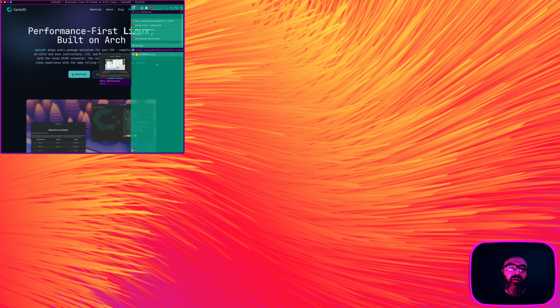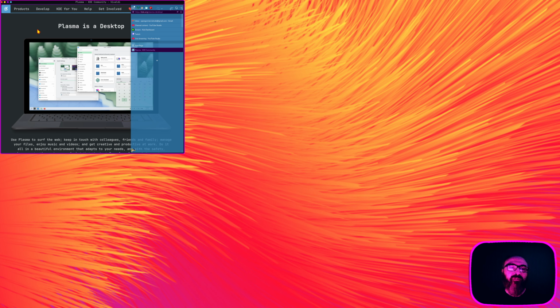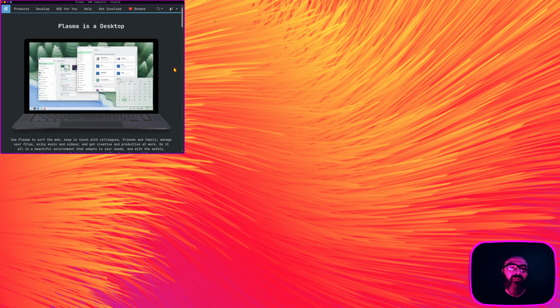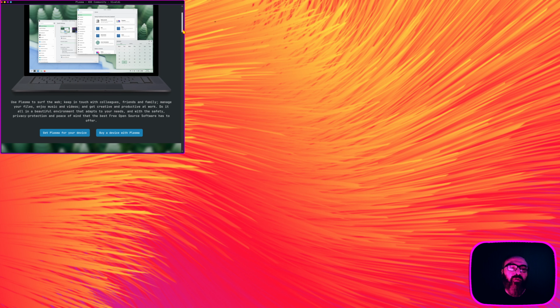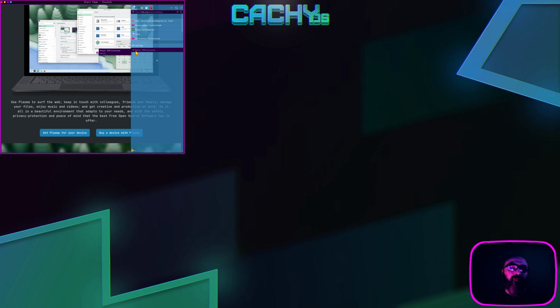And then the official website for Plasma is this one. Plasma is a desktop. Use Plasma to surf the web, keep in touch with colleagues, friends and family, manage your files, enjoy music and videos, and get creative and productive at work. Do it all in a beautiful environment that adapts to your needs and with the safety, privacy protection and peace of mind that the best free open source software has to offer. So yeah,